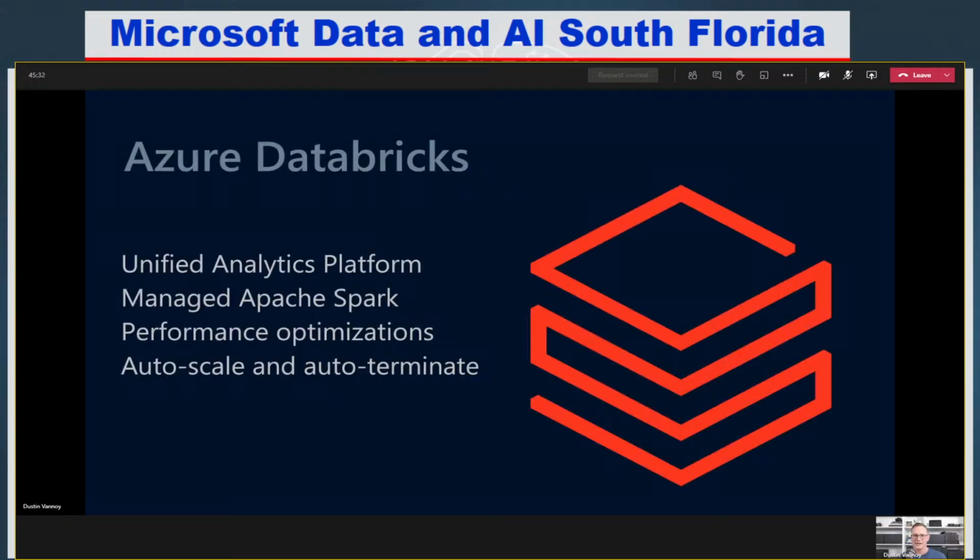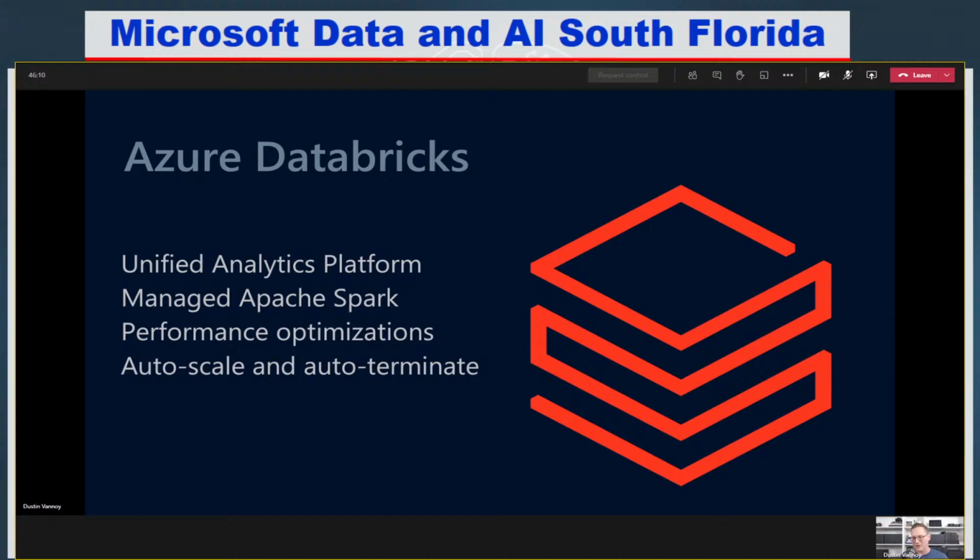As we're doing Apache Spark in Azure, the primary way we're going to do this if we're doing streaming is Azure Databricks. Azure Databricks, if you're not familiar yet, is a unified analytics platform. Databricks is a company created by some of the founders of Spark, the original creators of Spark. Azure Databricks is one offering that is like a first-class service within Azure, and it's taking all of the capabilities that Databricks has put around Spark and making them available to us just by spinning up a Databricks resource in Azure. As a data engineer, the main benefit I want from this is a managed Apache Spark cluster.